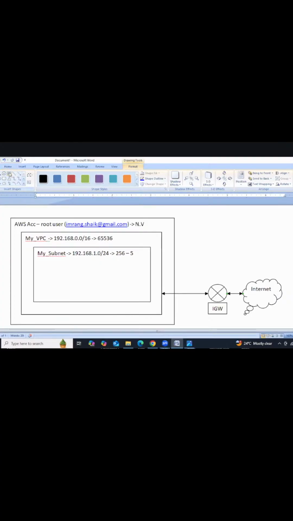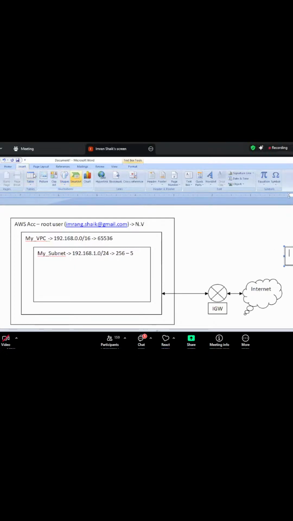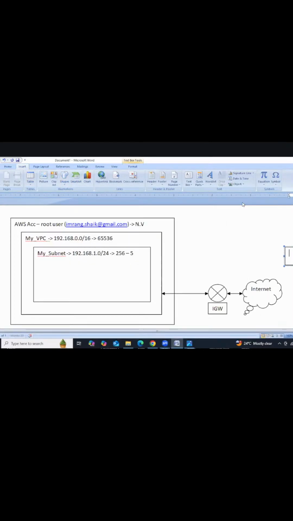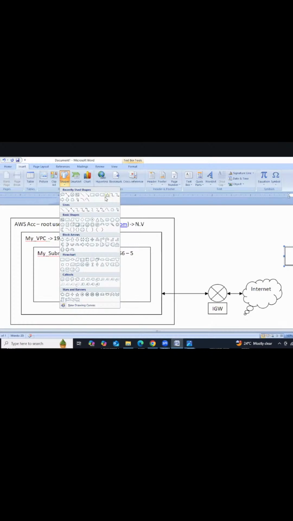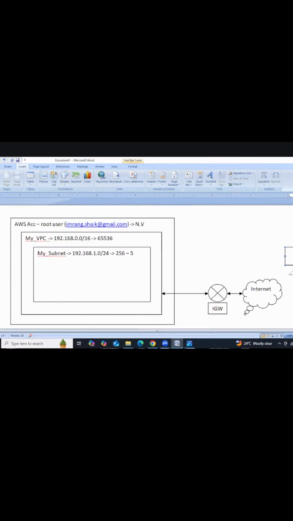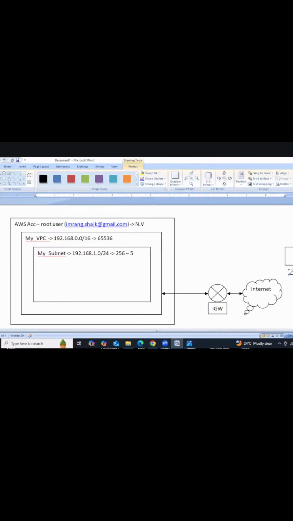So for example, this is our EC2, and this is our personal computer. With the help of this personal computer, we are going to communicate with our resources in the VPC.